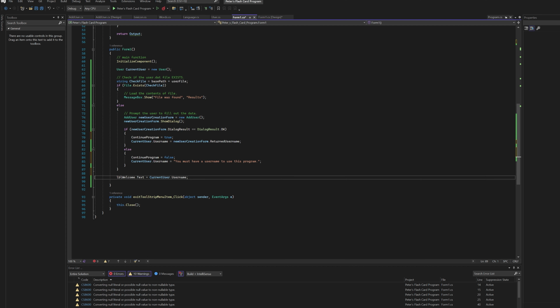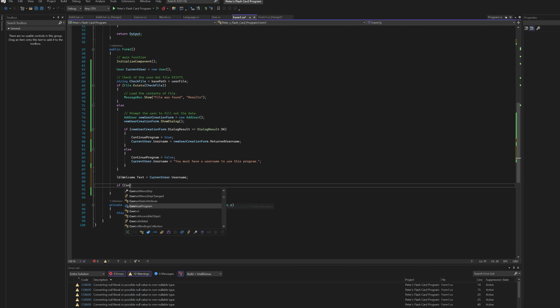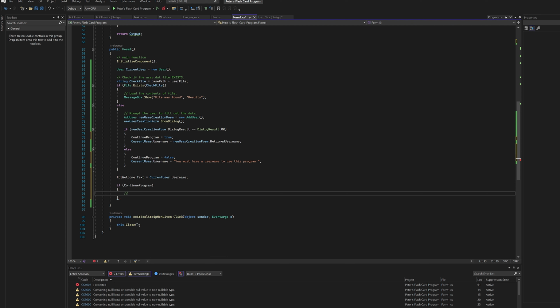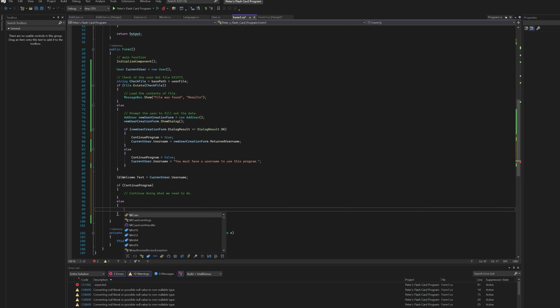And so we can come down here because displaying the text doesn't matter for whether we save it or not, but we do want to save our file if it's valid. If it is a username, we do not want to save it if it is not. So to do that, we can then put here if continue program, then we can continue doing what we need to do, else the user cannot